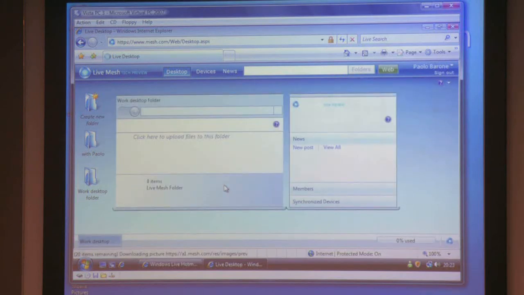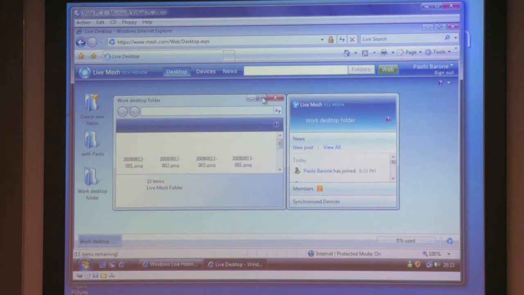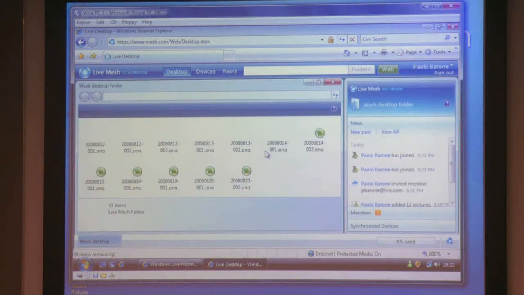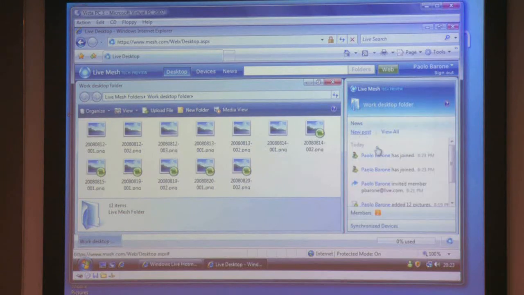I already had a Mesh account, but if I didn't, in this case, receiving the invitation, it would create it on the fly. It will take a little bit to replicate the images, but here they are. Again, very easy, very straightforward. What I can do here,